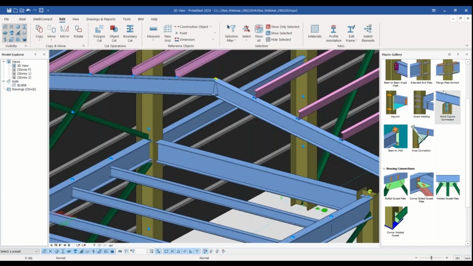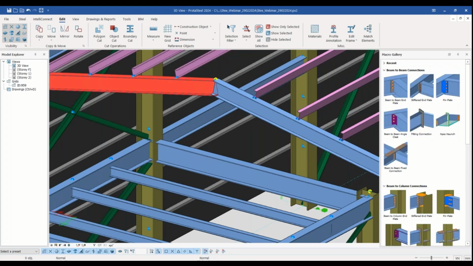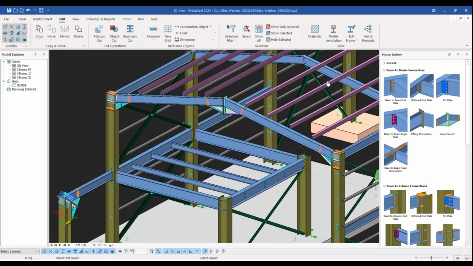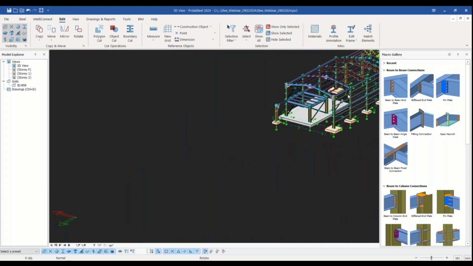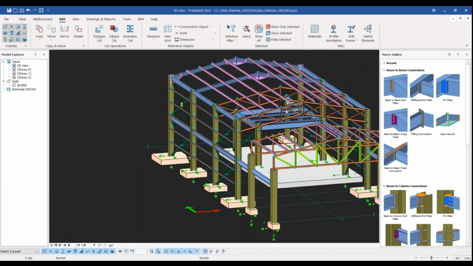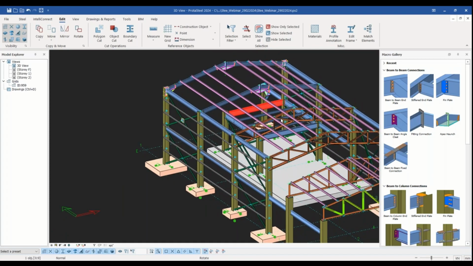Let's use some beam-to-beam connection. For example, apex hinge connections can be done with just a couple clicks. Of course, you can customize macro settings as you wish. So I would like to also add some